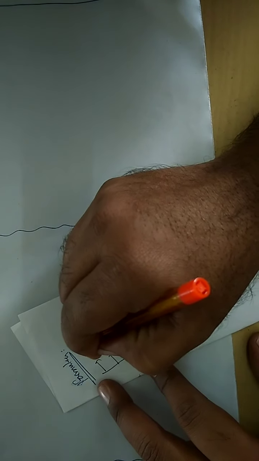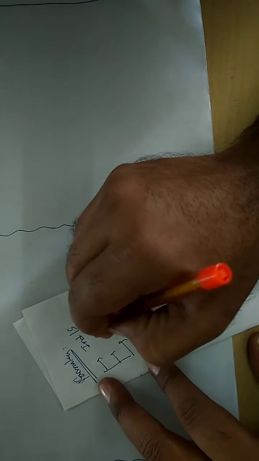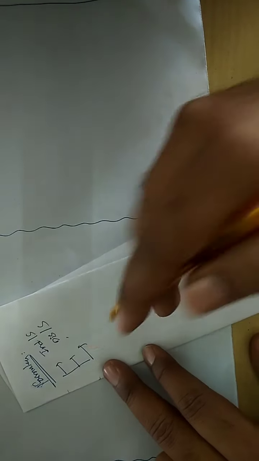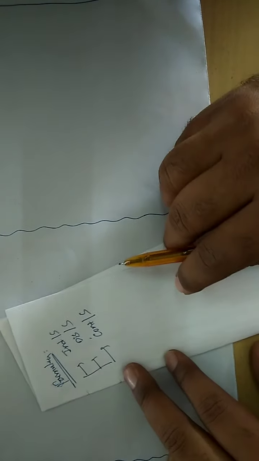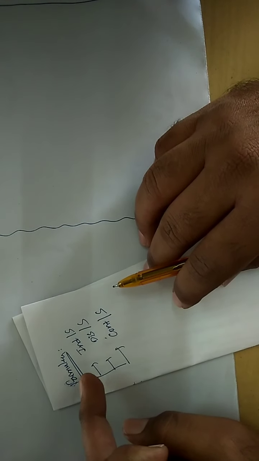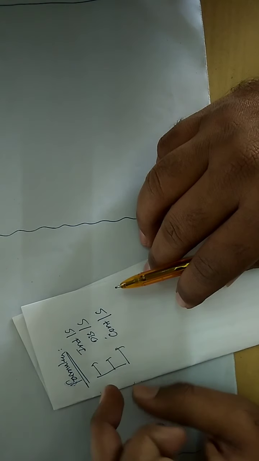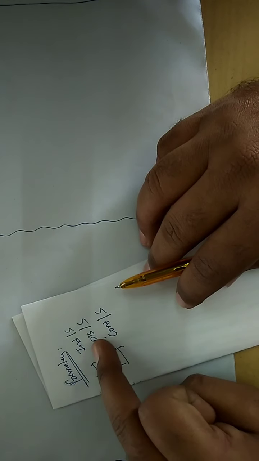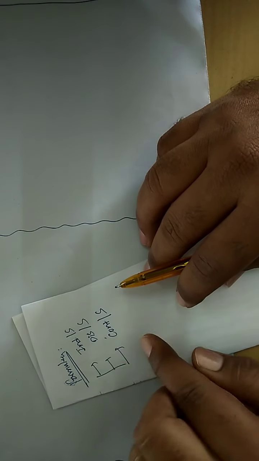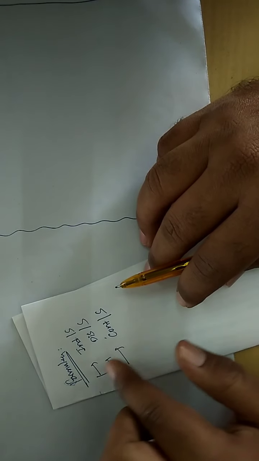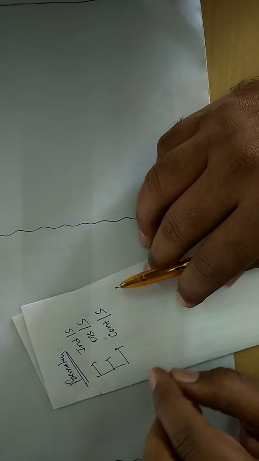One is individual series, one more is discrete series, and one more type, what is that? Continuous series. So for every series, different methods are there. Accordingly we are going to calculate for individual series, discrete series, as well as continuous series. We are going to apply the direct methods for all these series, and you can refer to other formulae accordingly.